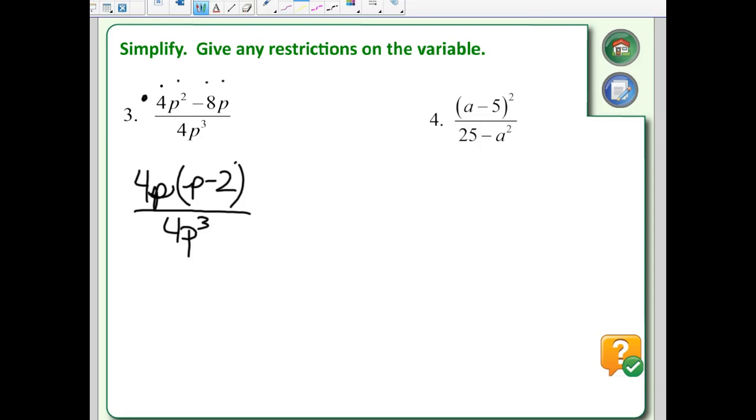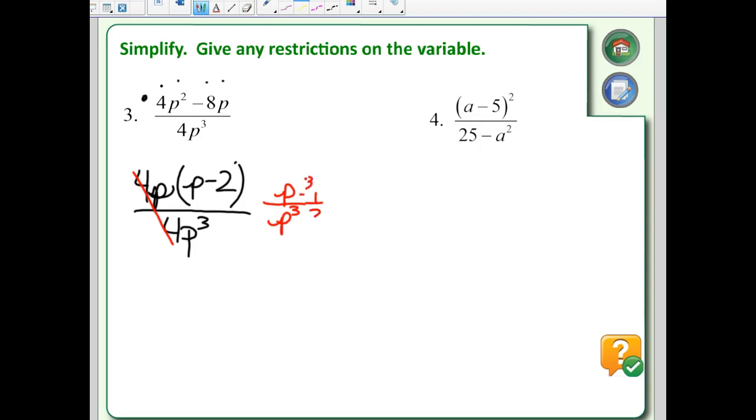Now, do you see anything that simplifies or cancels out? Yeah, our 4's would cancel out. Now, we've got p over p cubed. Do you remember how we did that back in chapter 4? Yeah, if I'm dividing and I have the same base, remember we subtract our exponents. So we've got